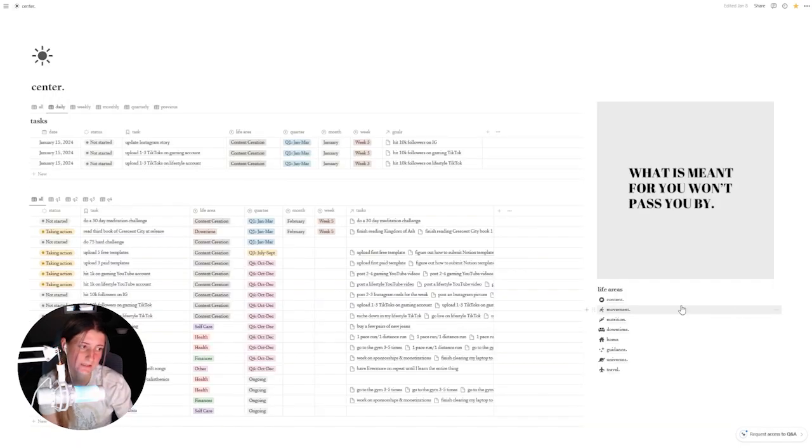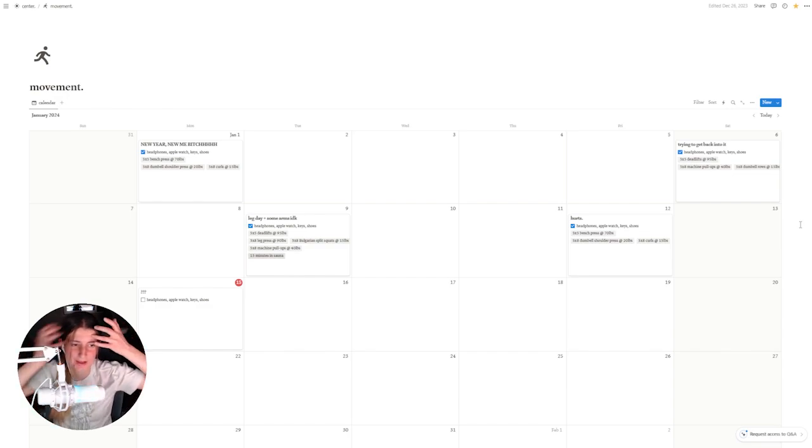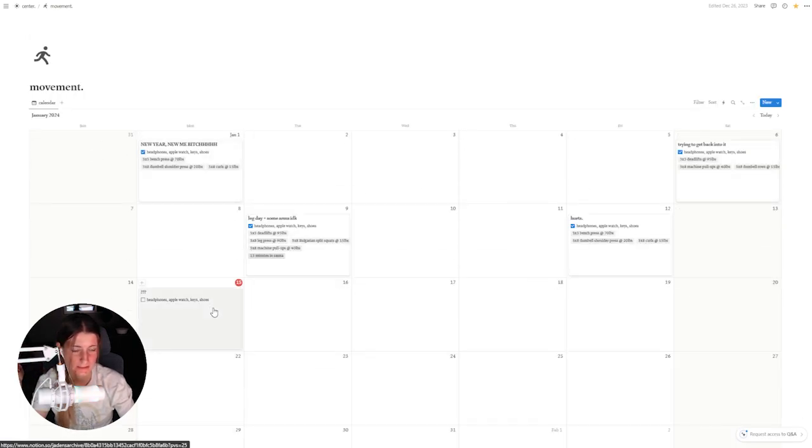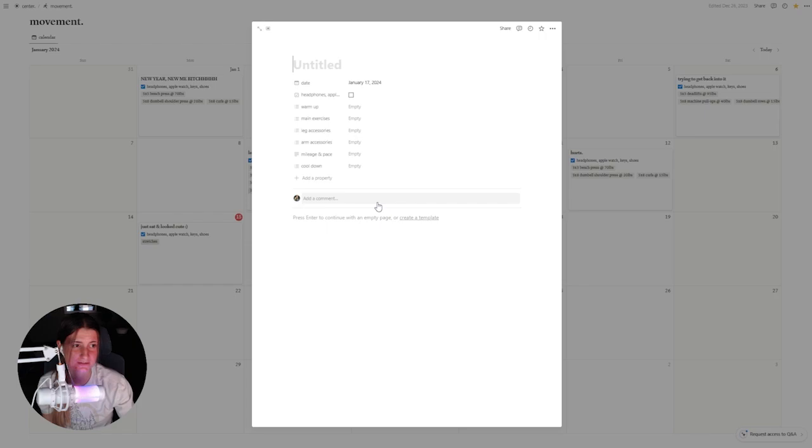Coming back to our main page, I do have movement next. So this is just my movement calendar. I keep track of any gym days, any runs, any yoga, whatever in here, and there's literally nothing else except a calendar. So you'll see I had today set as a gym day, but I really didn't do anything. But I'll give you guys a real example of how I would do this. So I think I'm gonna go Wednesday. I think this day is gonna be my first run in a while.